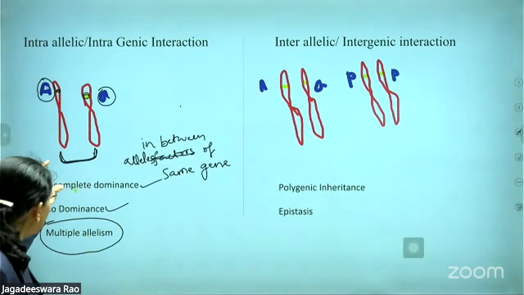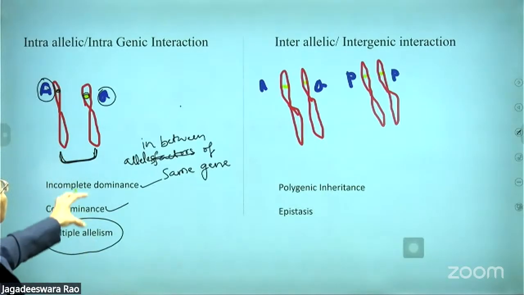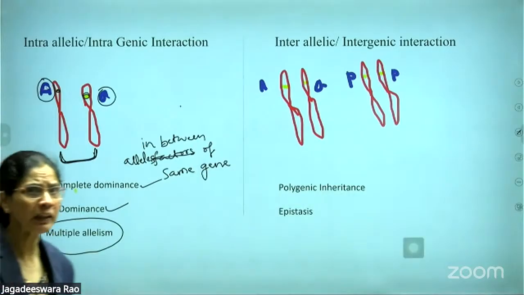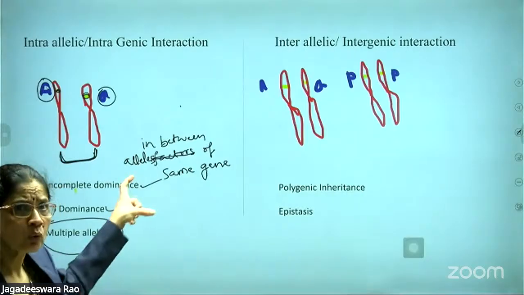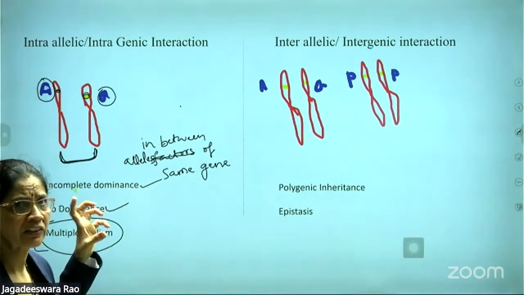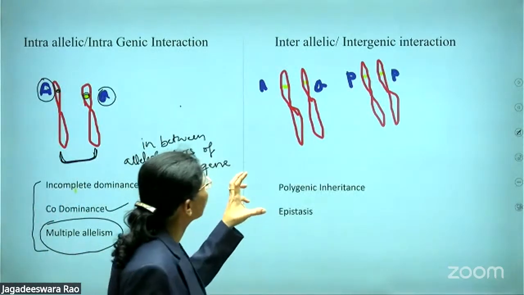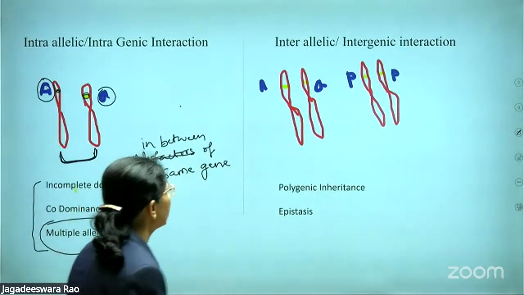These all three interactions are due to intra-allelic interaction. These phenomena, that is incomplete dominance, codominance and multiple allelism, are due to intra-allelic interaction. Is that clear, children? One more thing is there in between the genes, that is, here you see, suppose this